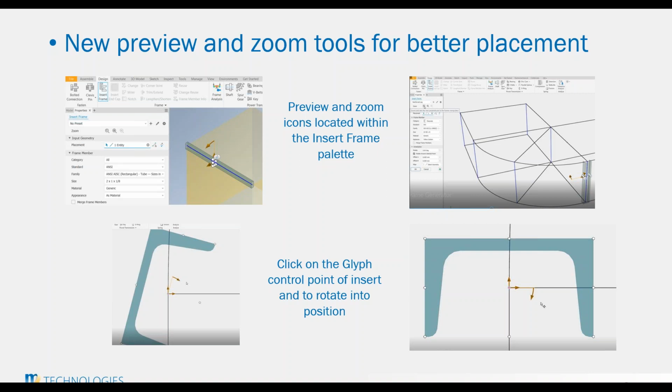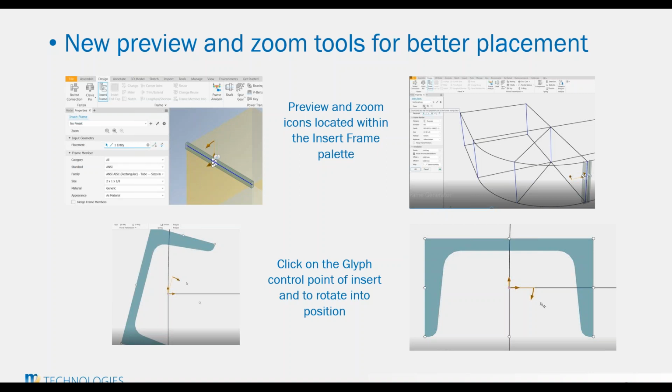Again, the properties palette will allow you to use these zooming tools, and in the upper right dialog box, you'll see under the insert frame in blue, there's a no preset, and just underneath that, the zoom. And those are the three tools right there. The first icon on the left allows you to zoom up, and then the in and out zooms will allow you to manipulate how the